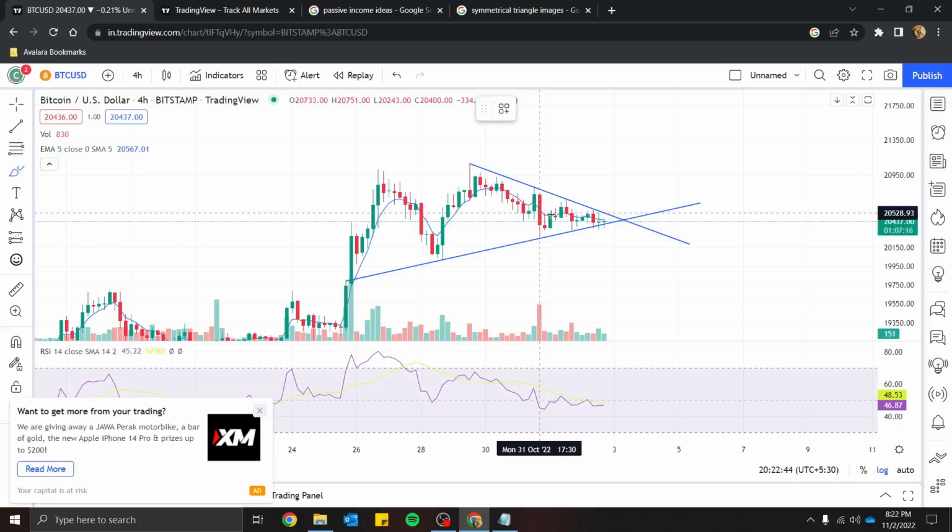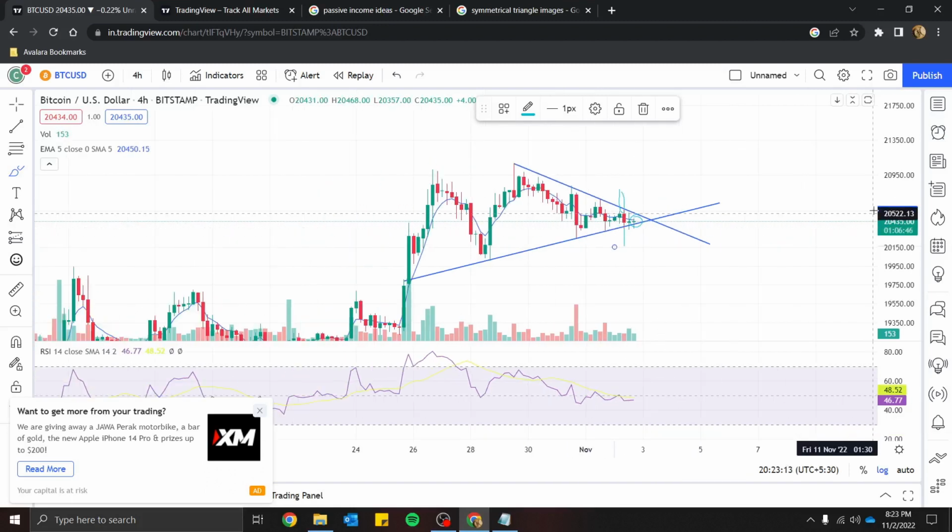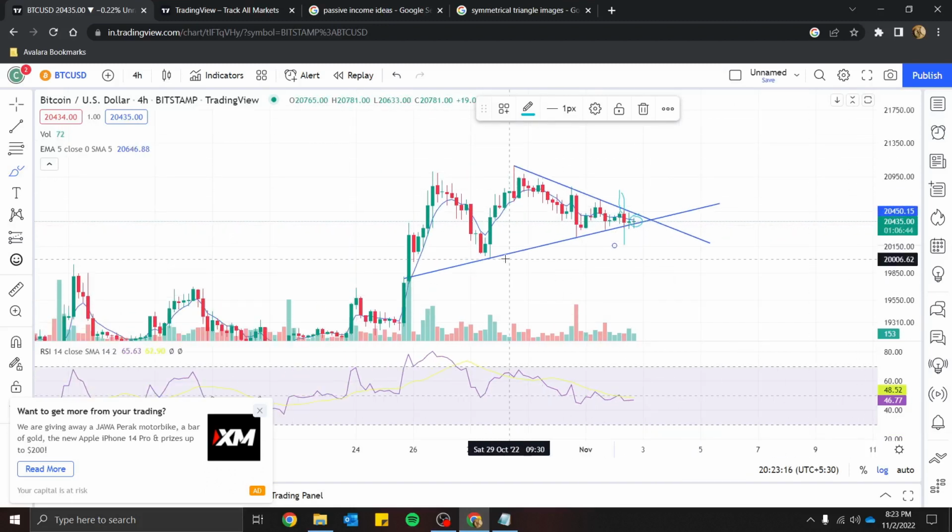As soon as it reaches this point, either the price goes lower than this level or the price goes above the upper line, so we will be sure that buyers or sellers have dominated in one of the directions. If price crosses this line, that means the power of sellers is greater than the power of buyers. So the chances are very high that the buyers who entered at this point and at this point must have put the stop loss at some level here.